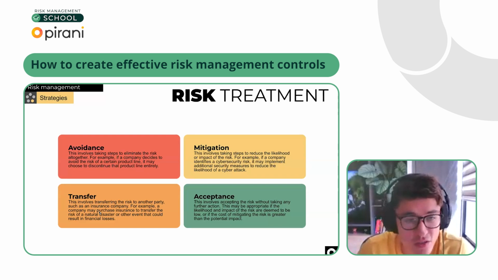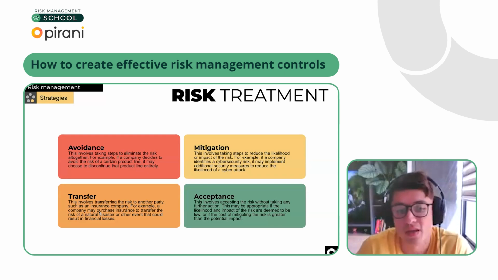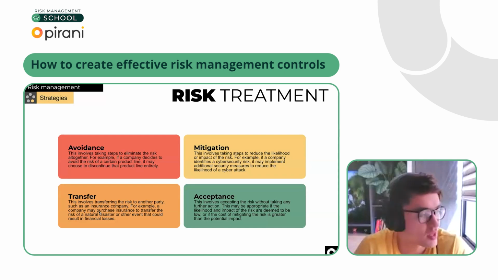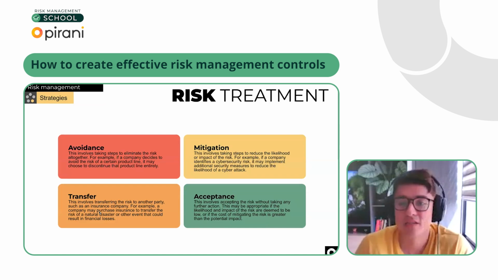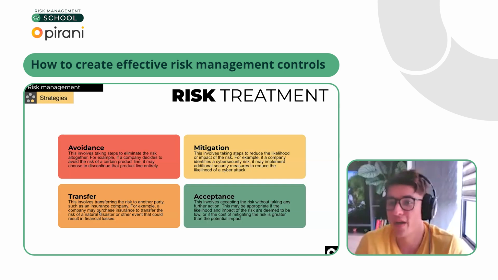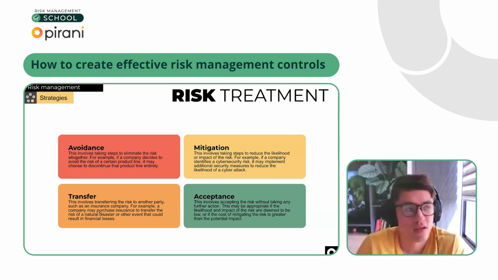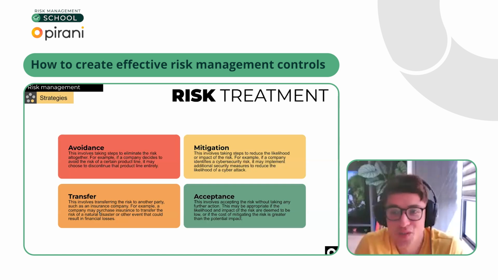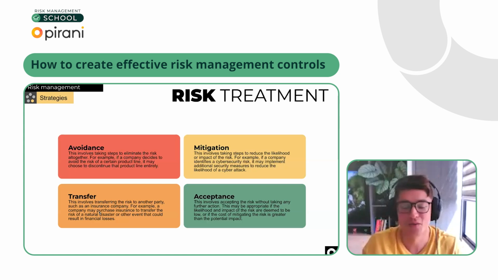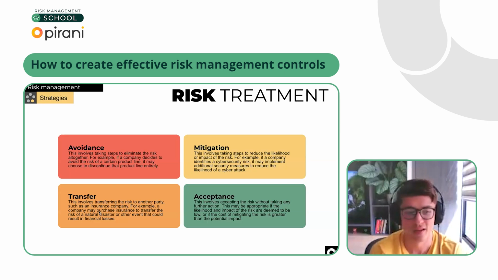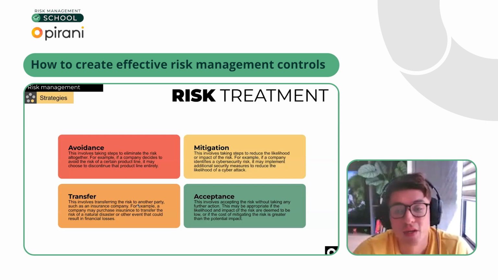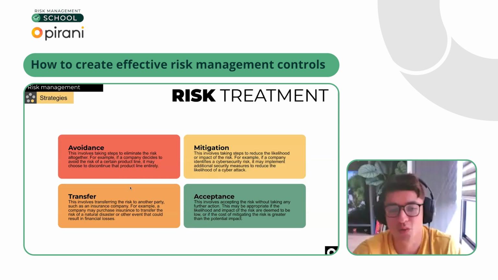For example, a company may purchase insurance to transfer the risk of natural disaster or other event that could result in financial losses. Maybe a risk that I identify is an earthquake or a hurricane. So maybe you say, okay, what can I do if an earthquake takes place in my city? Maybe you can build or reinforce the building, whatever you can do. But maybe the risk is so high that you transfer the risk to an insurance company. So this is the basic example of transferring the risk, because it's not in your control to